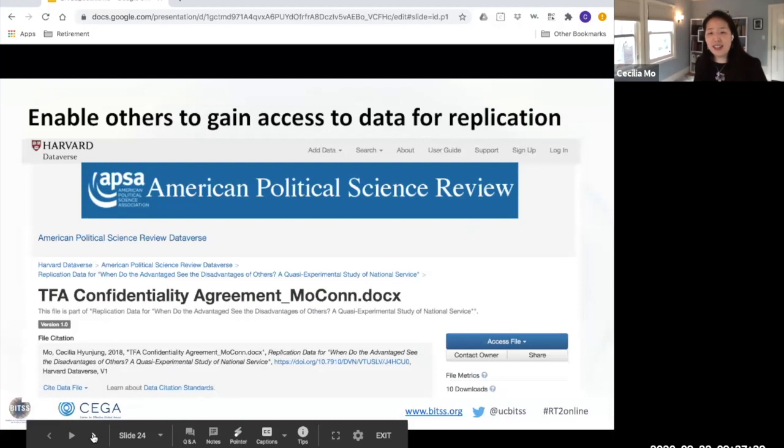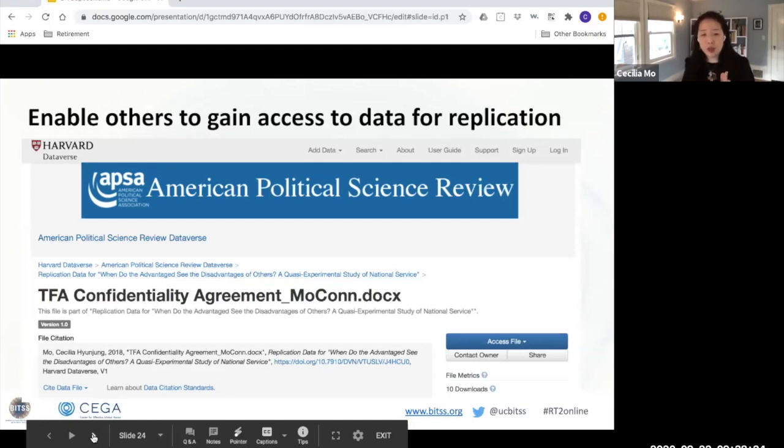Now, with that said, there are some things you can do to create a little more transparency on the back end. This is an example of a paper that I wrote that was using confidential data, where I had a data use agreement, so it was not my data to share. So what I did, through a conversation with the organization that shared this data, in this case TFA, Teach for America, was we created a stripped down version of their raw data that could only be used for the purposes of replication. So in the Dataverse file, there was a